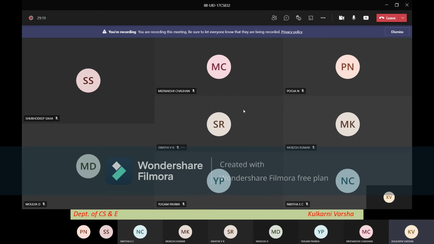Now if someone speaks, suppose Shubhodip, can you speak, or anyone? Yes, see, Nikita speaks, and at that time that window has become active, and it has been differentiated with the blue color. Whichever window is active has been shown in a different color. So when we say active window, it should be differentiated with a different color.